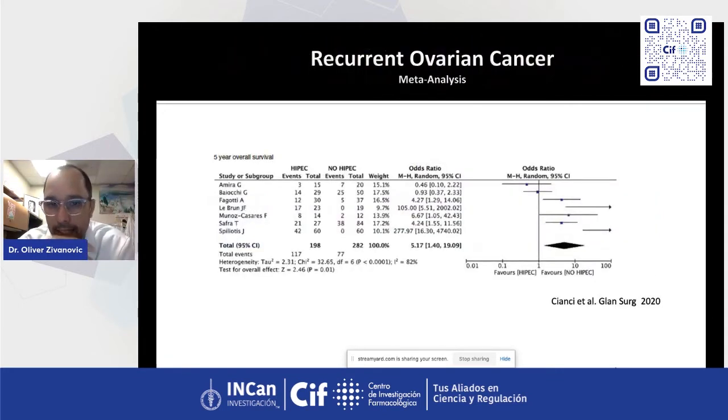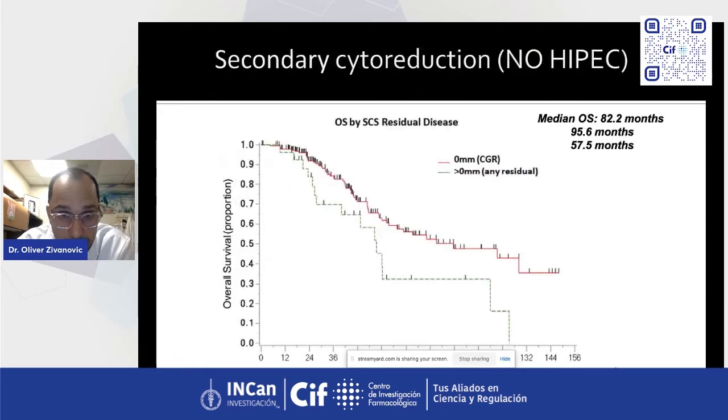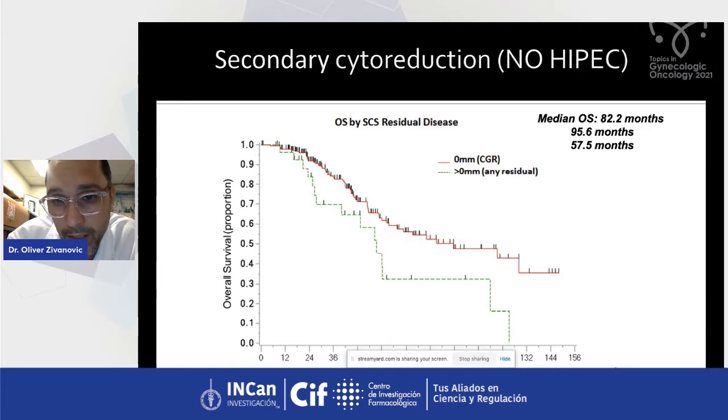Now, in the recurrent ovarian setting, there are again multiple retrospective studies that suggest that HIPEC is beneficial for patients who undergo surgery for the recurrent disease. And when you look at our retrospective data of all patients who selected to undergo secondary cytoreductive surgery for recurrent platinum-sensitive disease, and this is in the era before we used HIPEC, we can see in this select group of patients a median overall survival of 80 months, which is really fantastic